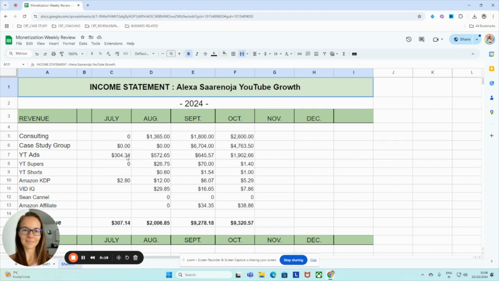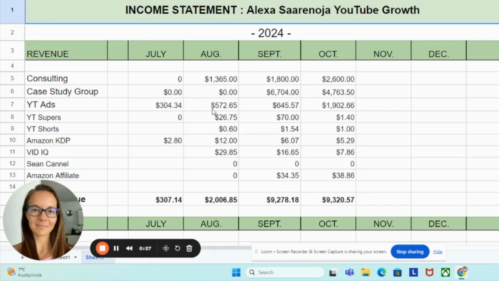This is what YouTube ad revenue paid me, but I didn't get it till August because they pay you about 2 weeks into August for the July payment. And then in August, you get July's, in September, you get August, October, you get September's, et cetera, et cetera. But I did put it in here to show what I did make from YouTube that month. So anyway,